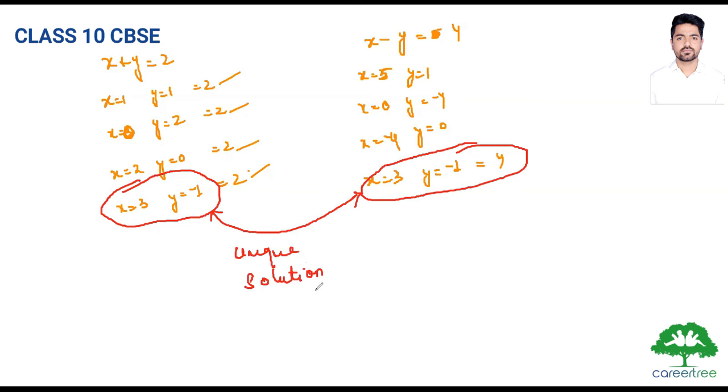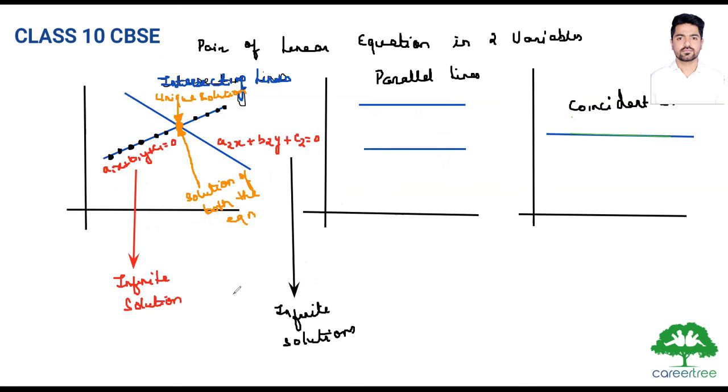In ninth grade, for an individual line, you used to find all the solutions, or if they asked, 3 solutions. But here, when we are talking about a pair of linear equations, we are interested in what kind of solution we will get if there are 2 lines in a plane. Will we get a unique solution? Let's see other kinds of solutions also. Do you understand why we call it a unique solution when lines are intersecting? When lines are intersecting, we get a unique solution.